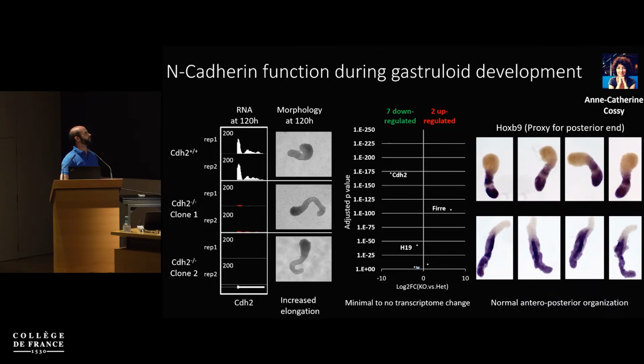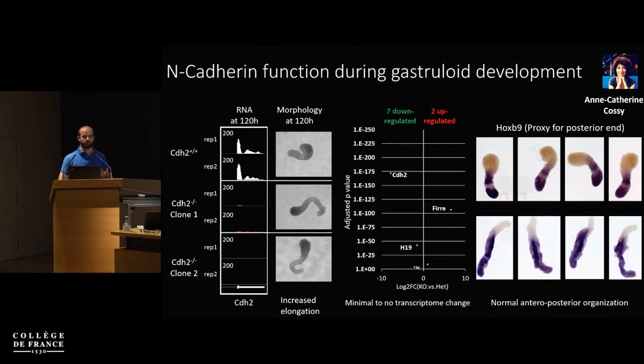A typical view in the field is that constraints and forces can impact the transcription of genes, while here, clearly we would expect that we've impacted the internal forces by affecting the way cells interact. We have a more elongated structure, so in a way, gradients can be altered, but very little has changed transcriptionally. When we look at the anterior-posterior organization of this structure, we used HOXB9 as a marker of the posterior end, and you can see that they're properly patterned. You have this negative portion and this posterior HOXB9 expressing portion.